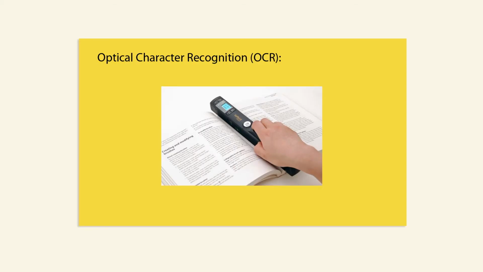OCR, or optical character recognition, is the recognition of printed or written text characters by a computer. This involves photo scanning of the text character by character, analysis of the scanned-in image, and then translation of the character image into character codes such as ASCII, commonly used in data processing.